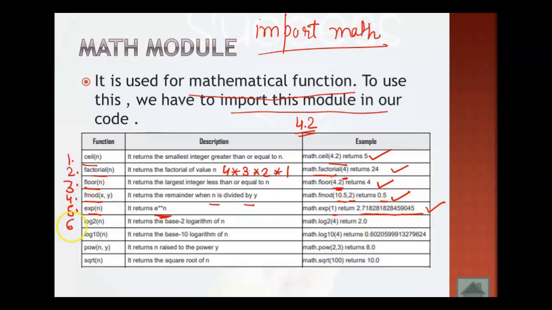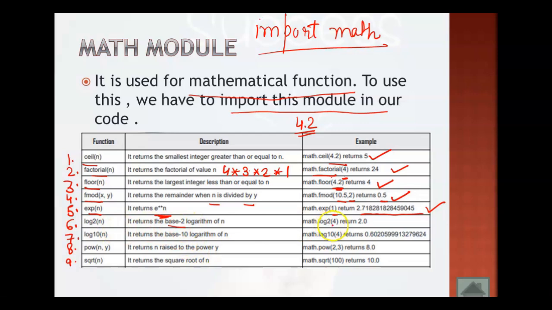Next to that, you have the log function here, log2. So this is for base 2. Like that, you have base 10 also. Okay, so you have to remember that two different tables are there. You people are maths students, you are well aware of this, like what is the difference between log 2 and log 10. You have two separate tables from where we used to search the values of log 2 and 10. So here also the same thing.